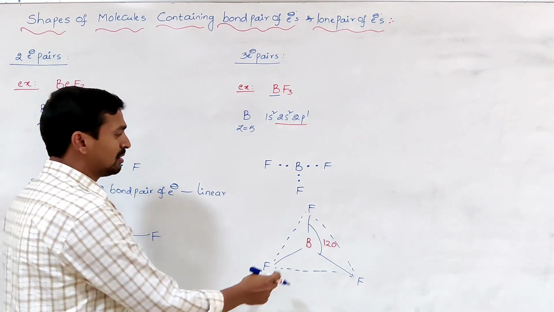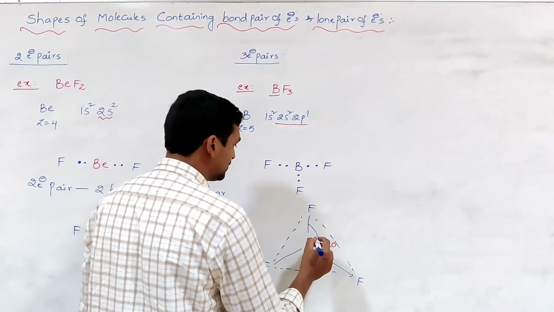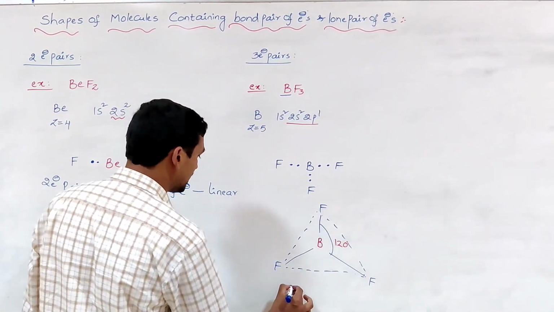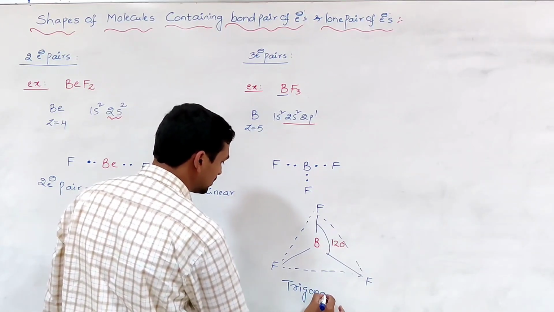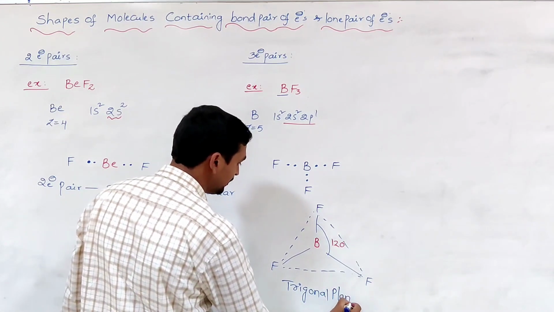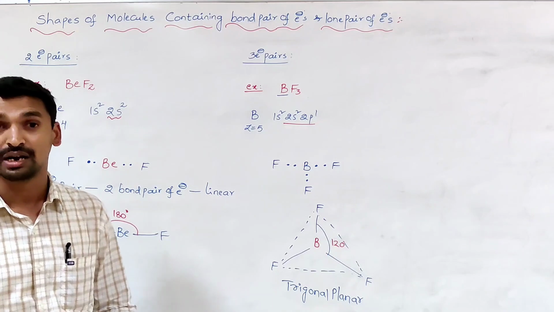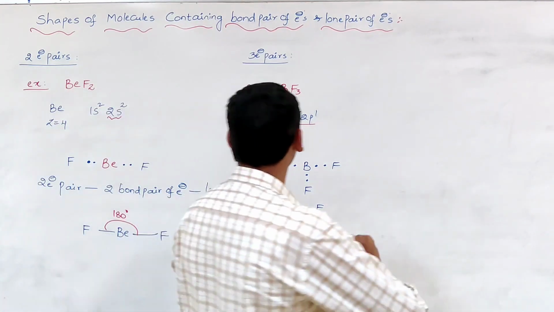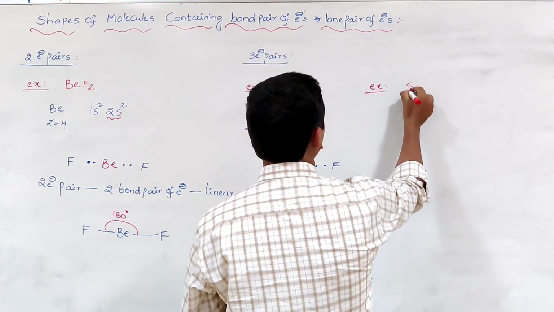So, when the molecule is surrounded by 3 electron pairs and all 3 are bond pairs, which geometry does the molecule adopt? Trigonal planar geometry, and the bond angle is 120 degrees. In some molecules, all the electron pairs may not be bond pairs. For example, the sulfur dioxide molecule, SO2.